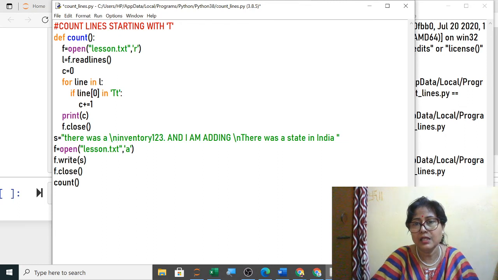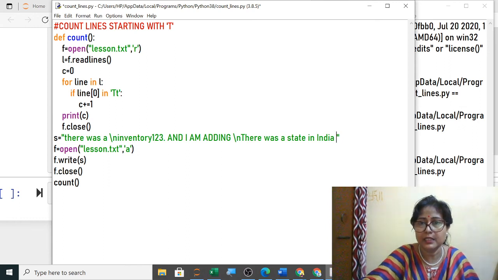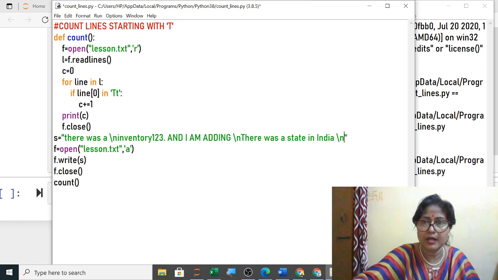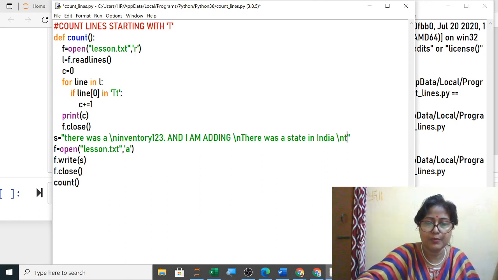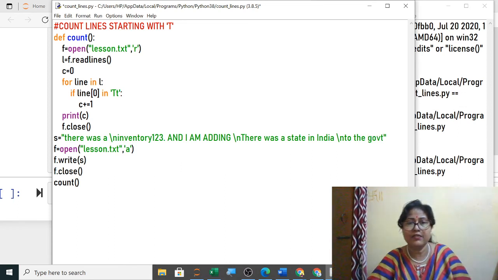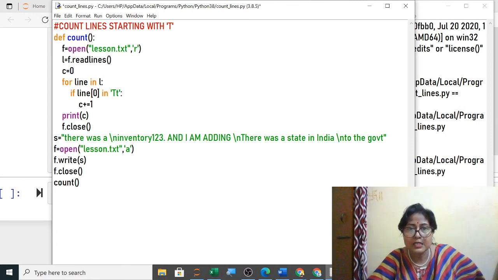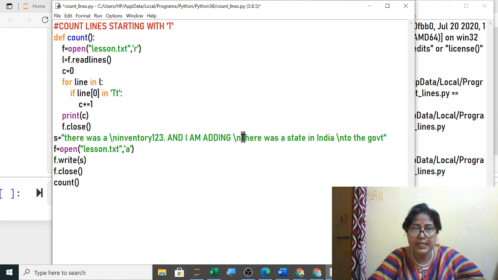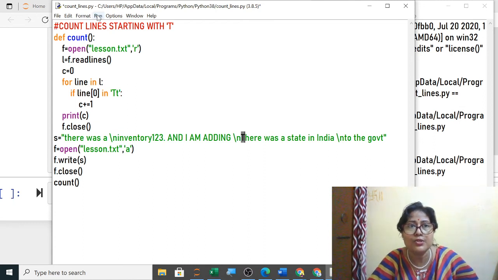But any new line which is starting with T, like here, suppose I am giving a new line starting with T, to the government of, like this. Now you can see one T, second T, this is I, so it will not count this, and third T, so 3 it should show.